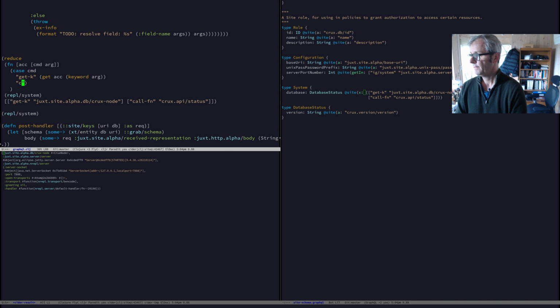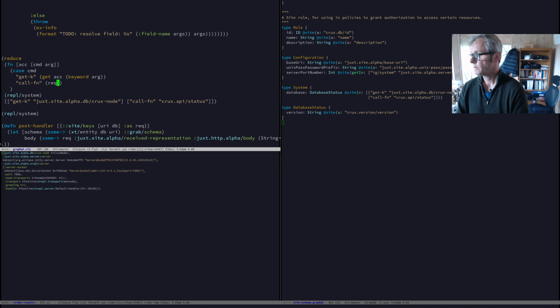Otherwise, if it's call fn, and I do appreciate the security implications of allowing people to call things from schema, but we're assuming that uploading a schema is a privileged activity for now. We might sandbox this thing, or there is this idea to call lambdas, but just for now, to keep things going, we're going to